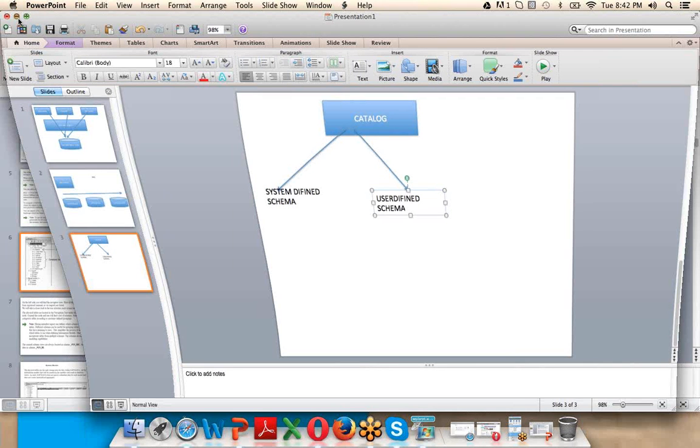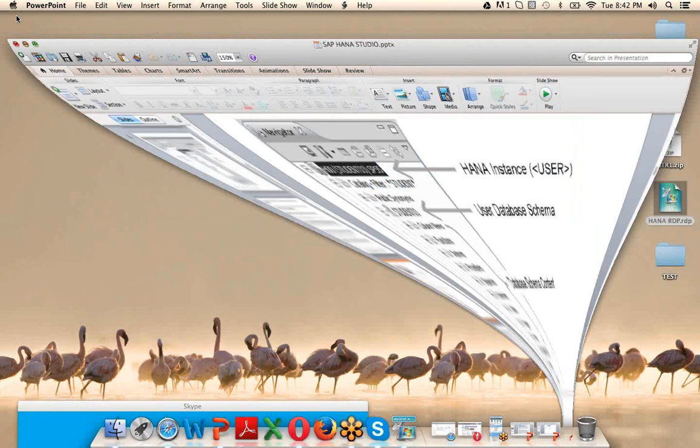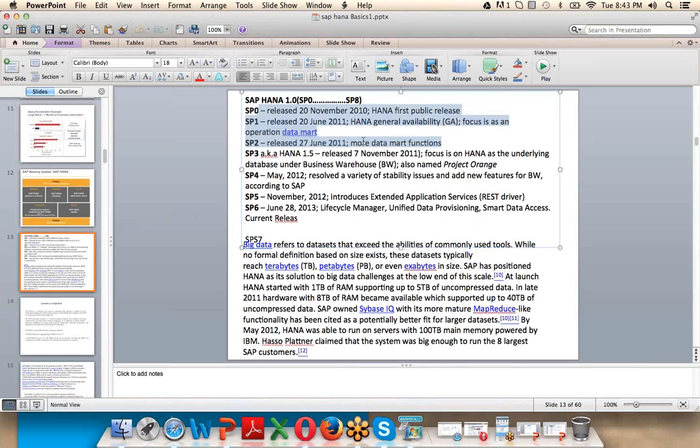Up to HANA 1.0 Service Pack 2, HANA could be used as a data mart only. Initially SAP positioned SAP HANA as one of the solutions for big data. Whenever a client is using SAP HANA as a data mart in a sidecar approach, with HANA as a secondary database,